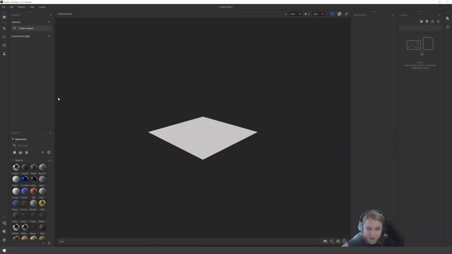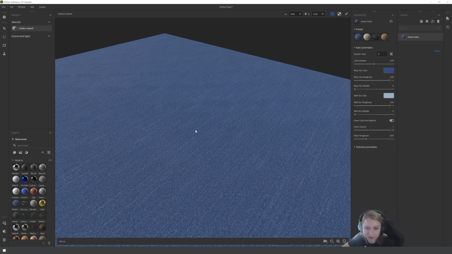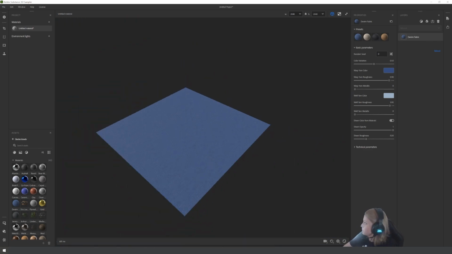I create a new material, and here in your assets panel, you can find, for example, this, which is going to be at the base of the whole material. I will go with denim. So now I have this cool denim material. And I will just drop the JPEG on top of it like this.